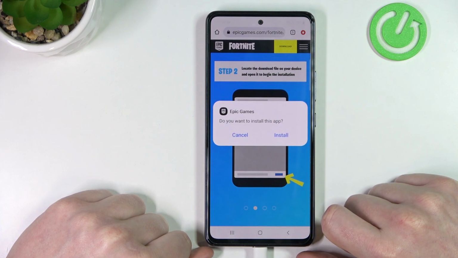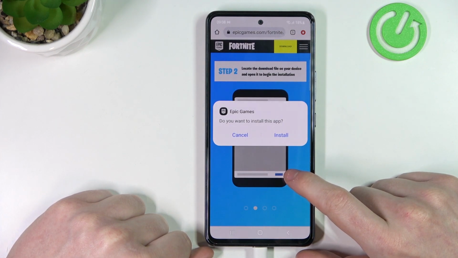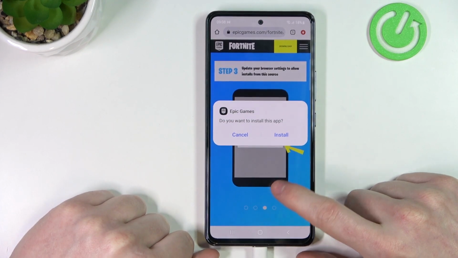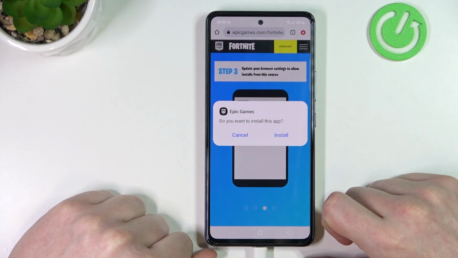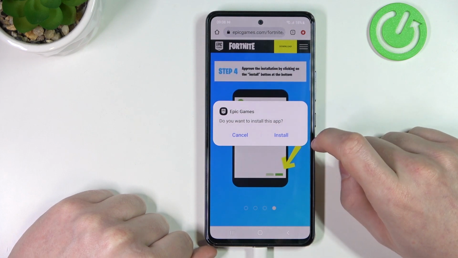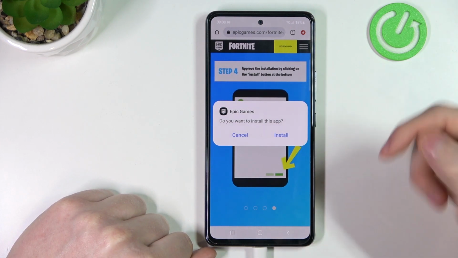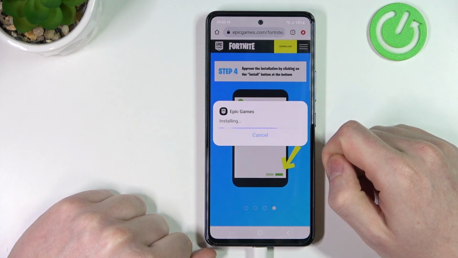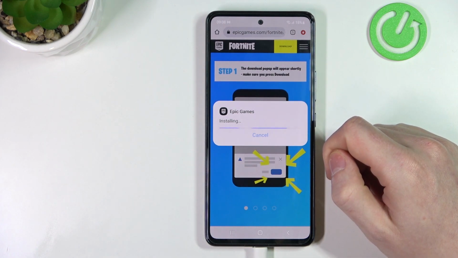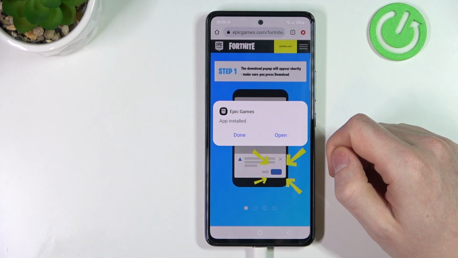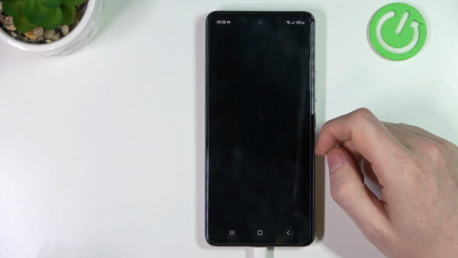open, and in this case I don't have to, but you might need to give Google or your browser access to install unknown apps. So I did it earlier, and now I'm gonna press install. Open,